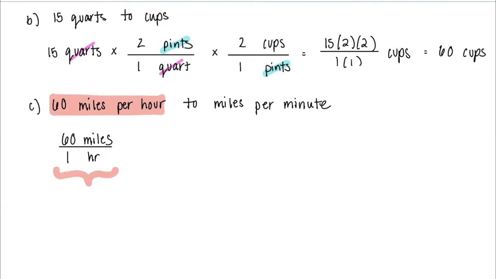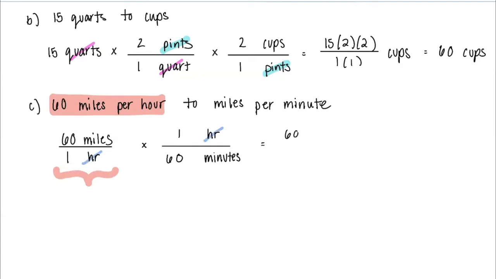Okay. So I want to get rid of hours, which tells me I need to put hours up here to cancel it out. And I want to get miles per minute, so that really means I want minutes in the bottom. And 1 hour is equivalent to 60 minutes. So by putting these in this location, getting rid of the hours, we're